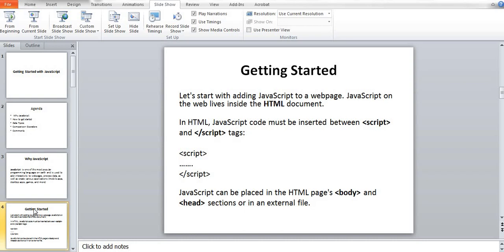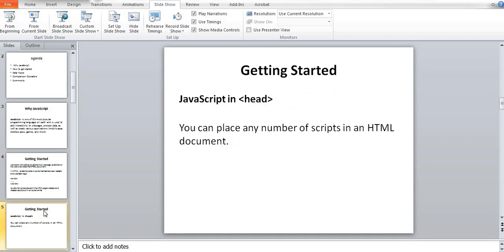One is by adding this script tag in the body of your HTML or in the head section or in an external file. To add that in the body, let's look at an example on how to do that. Then we'll look at other methods of adding